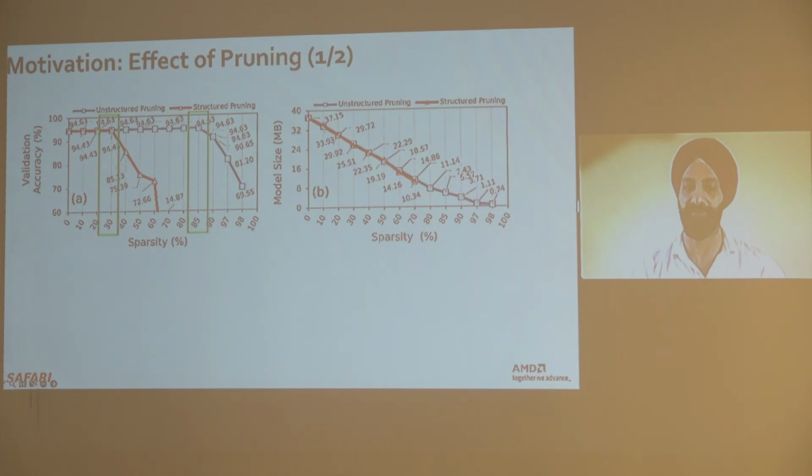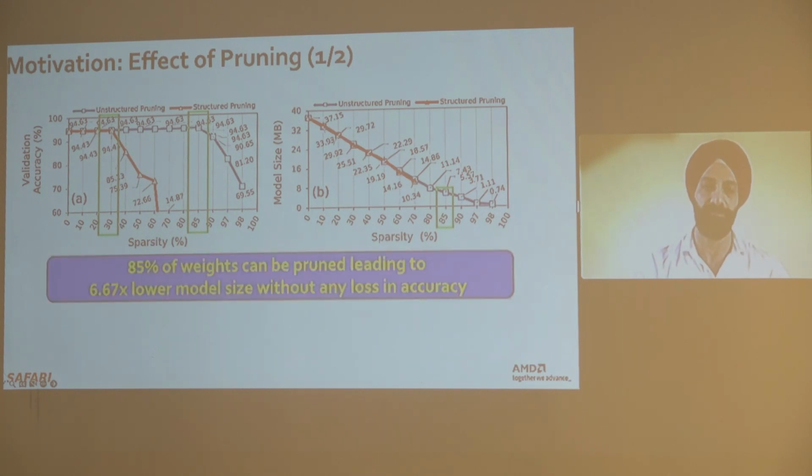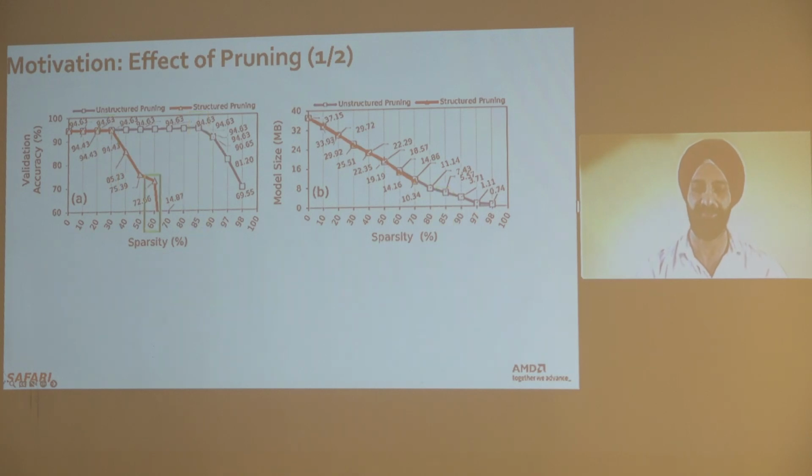we lose accuracy. And then if we want to further push the limits and analyze how much more we can prune, we see with structured pruning we get still 60% of pruning, and still we